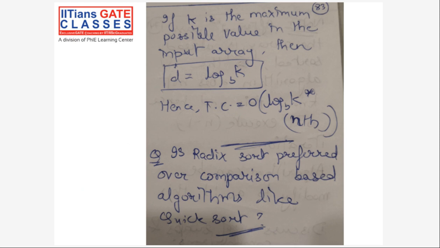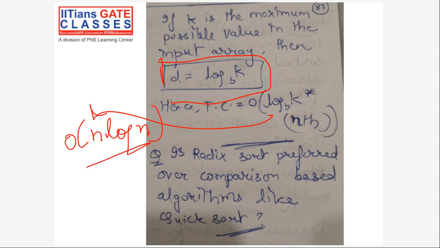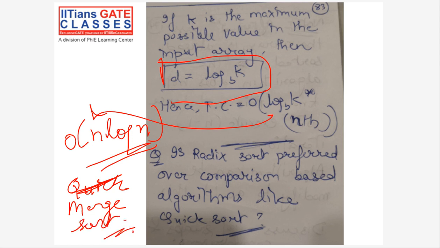Now comes the thing that, see, if I have these kind of digits, can you compare this and tell me whether this is equivalent to order n log n? Let's say there are n digits, and n is a very large value. Can you say that this is comparable to n log n? Because n log n was what? Randomized quicksort's time complexity almost, or you can say merge sort. Chalo, let's say merge sort time complexity. Then also people prefer quicksort over radix sort. Why? You have to tell me the reason why.